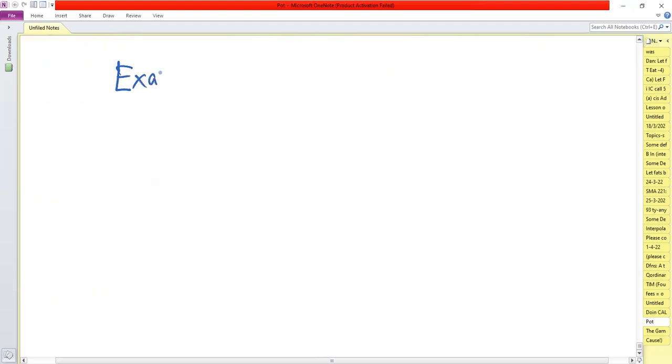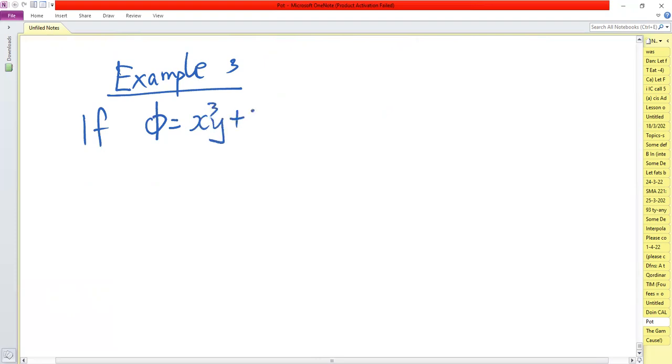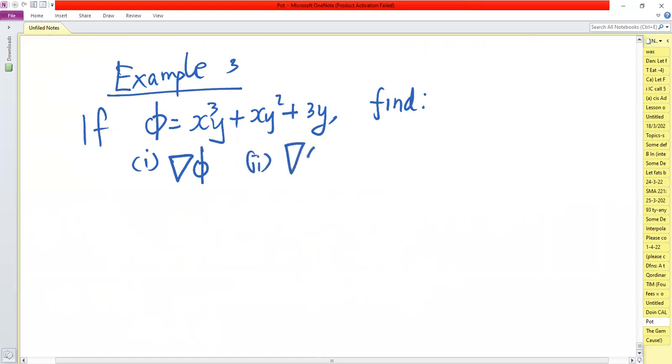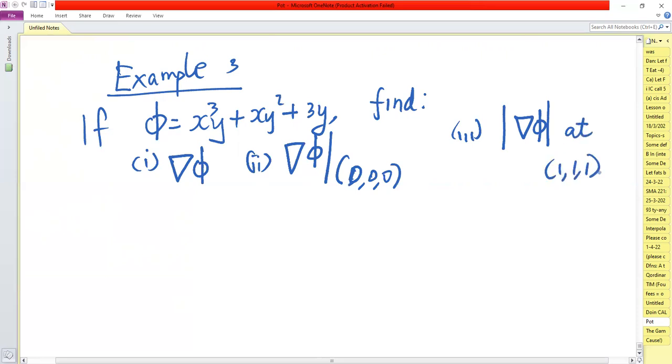Example 3. If phi is given by x cubed y plus x y squared plus 3y, find, part 1, the gradient of phi; part 2, the gradient of phi at the point 0, 0, 0; and number 3, the modulus of the gradient of phi at the point 1, 1, 1. So in this case,